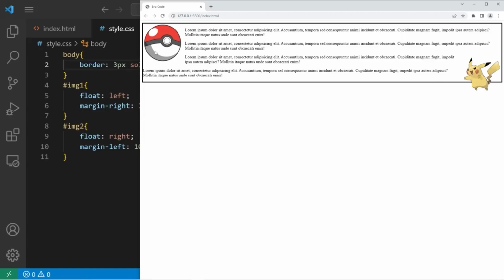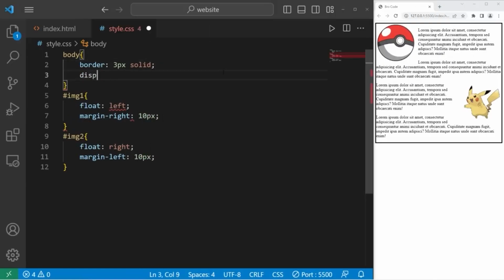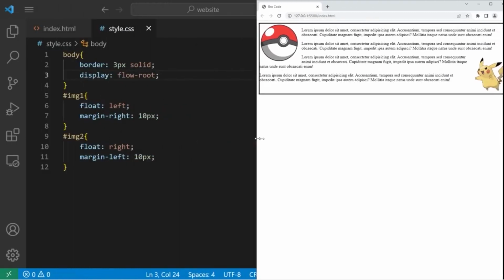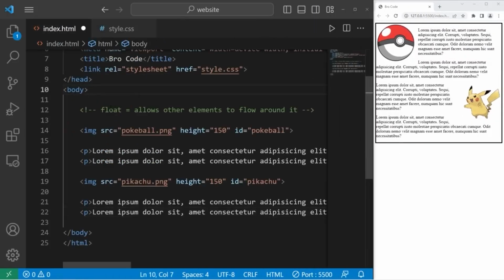There is one change we can make to our container, our body. With our container, I will set the display property to be flow-root. Now anything that's floating will stay within the container. It's not going to overflow. Pikachu is still within the box. All right, everybody. In conclusion,